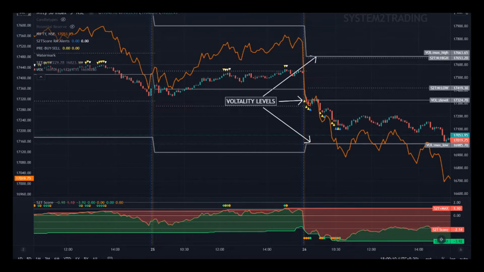What you see here is a screenshot of TradingView. These are the volatility levels which are calculated: the extreme levels and the mid level, which I termed volatility maximum, volatility Z, and volatility low. This gets automatically plotted, and I will now explain the settings. The settings are quite simple. Let me explain by taking you to TradingView.